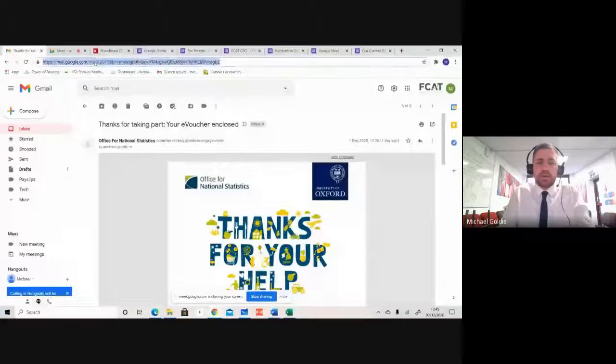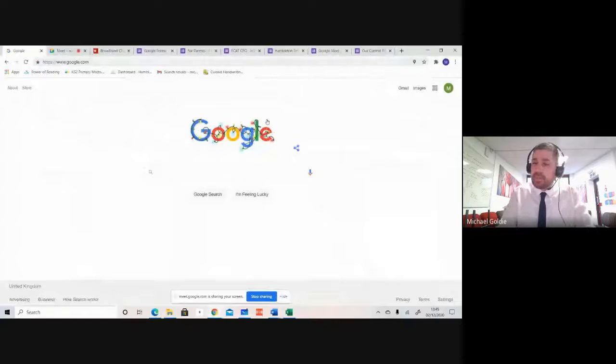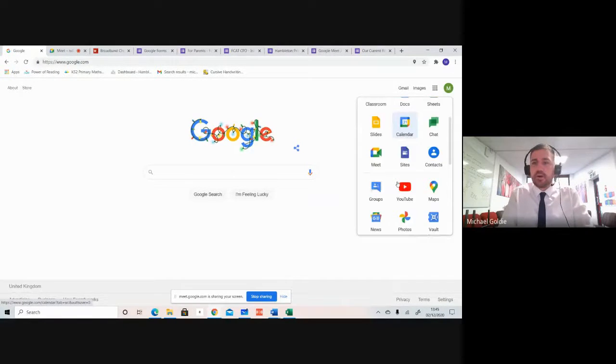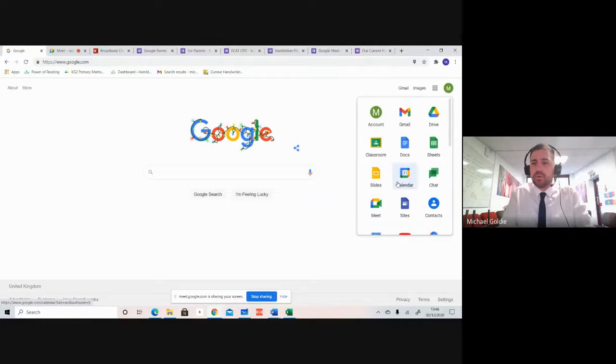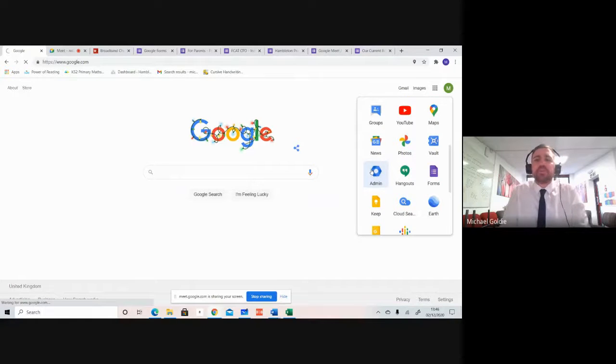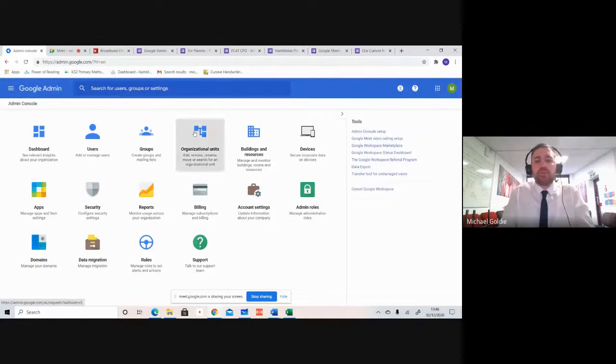So once again, I'm just going to share my screen with you. And I'm just going to show you quickly Google Classroom, the admin area. So as you can see, the Google home page here. And if I go down, you have a tab called Google Admin. Now, when you go into Google Admin, you have all these different features. You need to make sure that some of these features you may not have because you need to either be an admin user or a super admin user. Now, if I click on reports here,